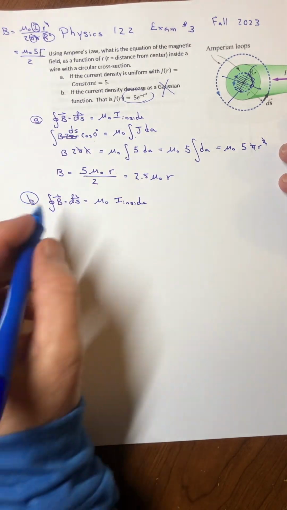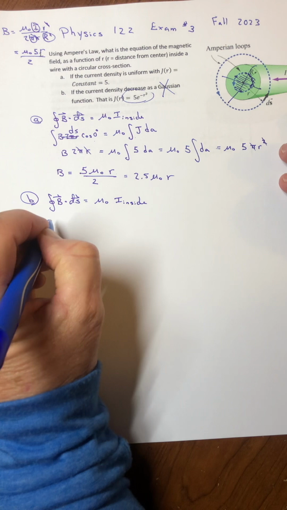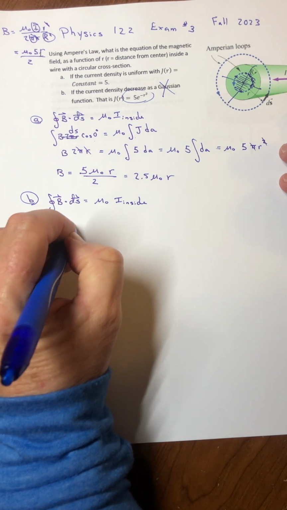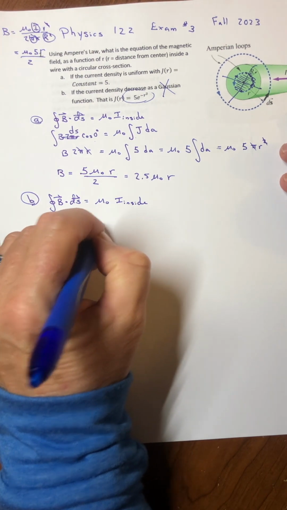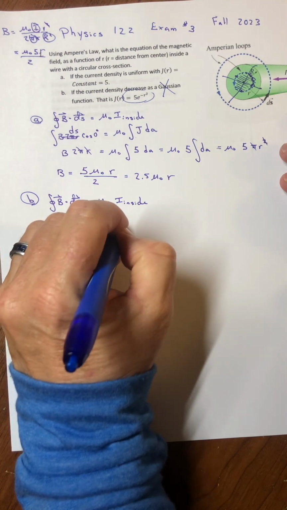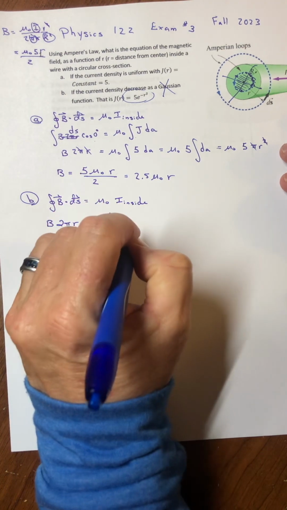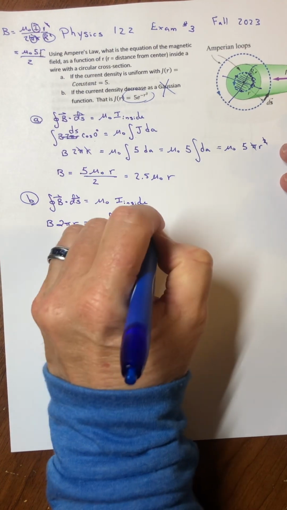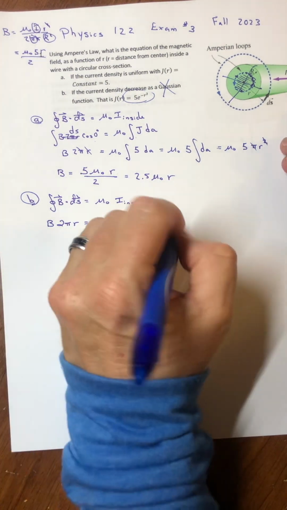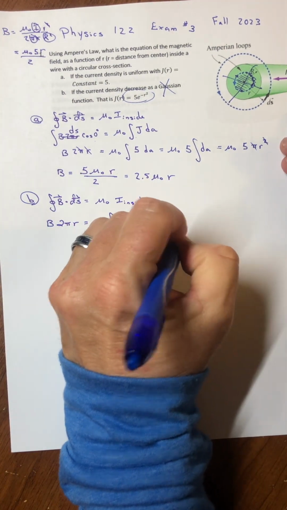Again, kind of rushing through the symmetry arguments. This would be B times 2 pi r mu naught. But this then would be the current density times the area. And then this one gets a little bit harder,